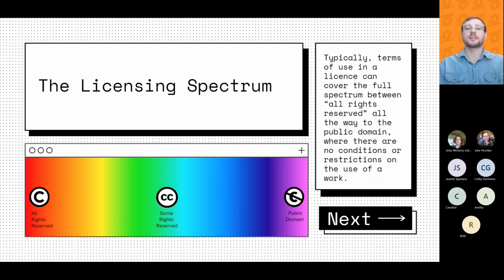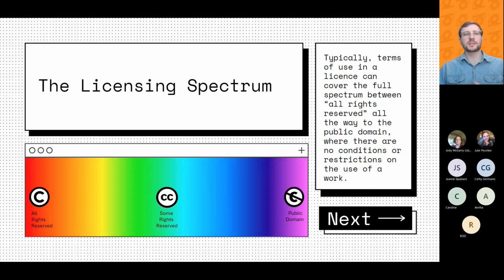Far right of the spectrum here is public domain. So if a book or a song or a movie or a piece of artwork is in the public domain, then it's not protected by intellectual property. So copyright, trademark, or patent laws. That means it's free for you to use without permission.